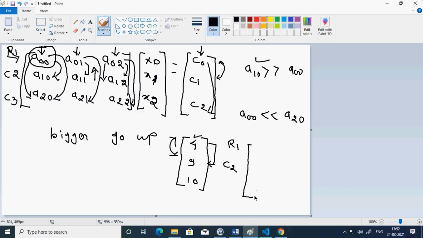After swapping, I get 9, 4, 10. Now my reference row remains the same, R1. But now this C2 will change. The C2 was this previously, which is my operating row or comparing row. That now becomes C3. It will increment by 1. Now I am going to compare this.